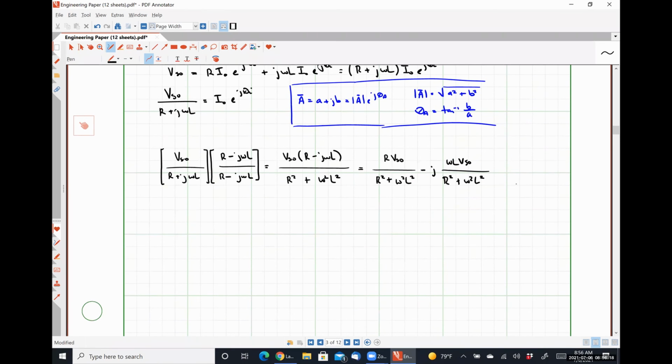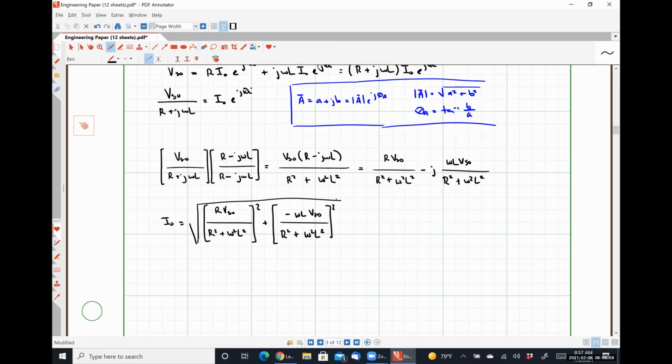So our magnitude I naught will be the square root of the real part squared. So that's R Vs naught divided by R squared plus omega squared L squared, this whole thing squared, plus the square of the imaginary part. So that is negative omega L Vs naught over R squared plus omega squared L squared, quantity squared, will be